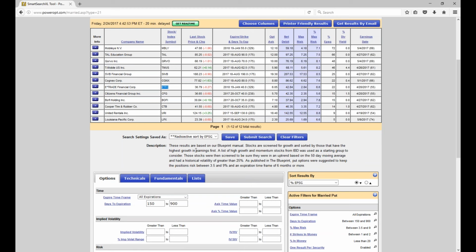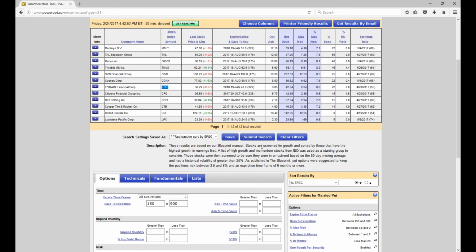You might have some intrinsic value left. If you're out of the money, it's going to go to 0. But as you get close to expiration, your extrinsic value or time value goes to 0. Another general rule is that when you're selling options, you want to be selling week by week or month by month to get a better annualized return. And when you're buying options, you want to be buying farther out in time because you pay a lower annualized cost. The option that is 6 months out in time is not going to be 6 times the cost of the near-term option.